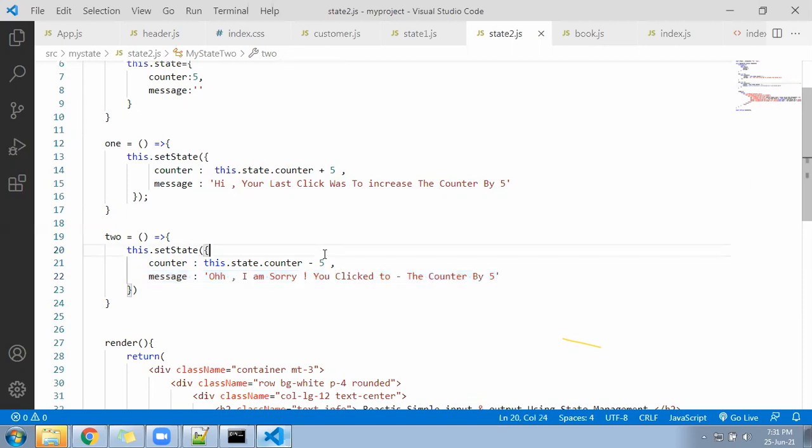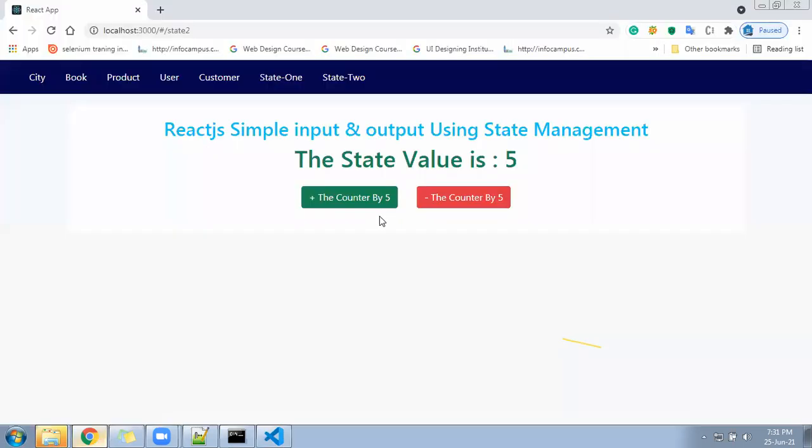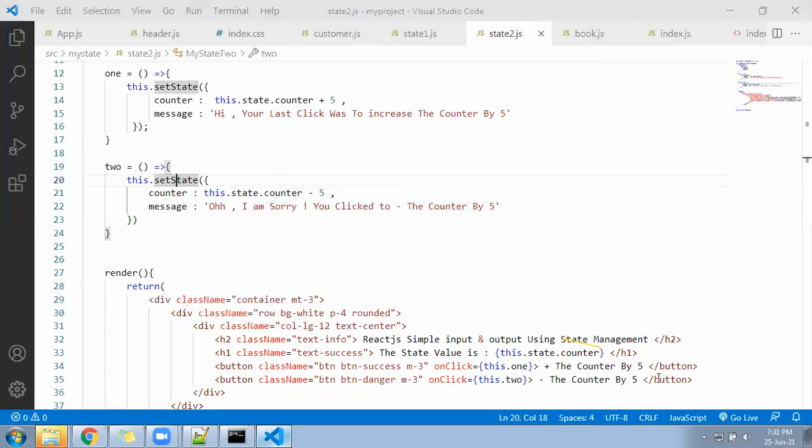Come down, inside the HTML render function, we can print in the last, after the button.